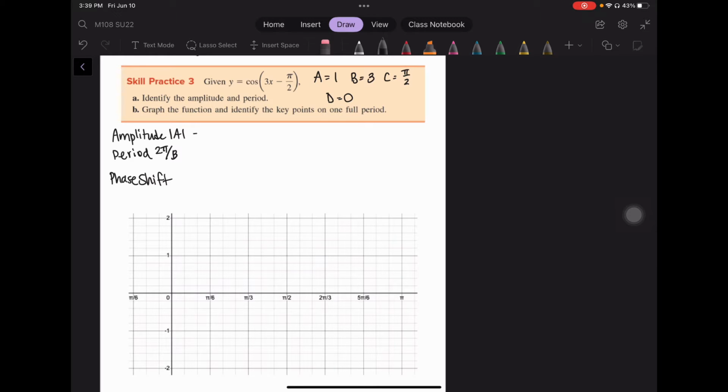So the amplitude is the absolute value of 1, or 1. The period is going to be 2 pi over 3. The phase shift is found by taking c over b, which is pi over 2 divided by 3, or pi over 6. Adding pi over 2,